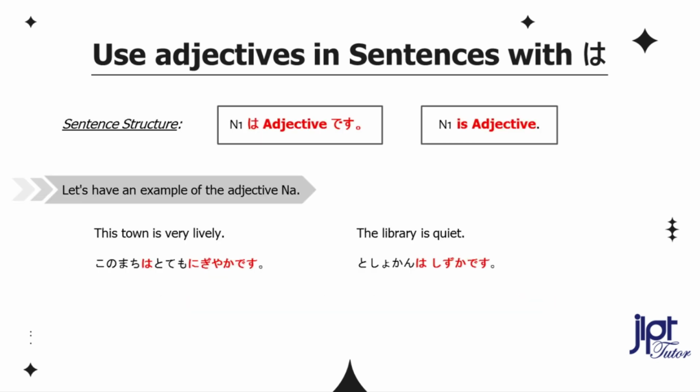Let's have an example of the na adjective. This town is very lively. この町はとても賑やかです。 The library is quiet. 図書館は静かです。